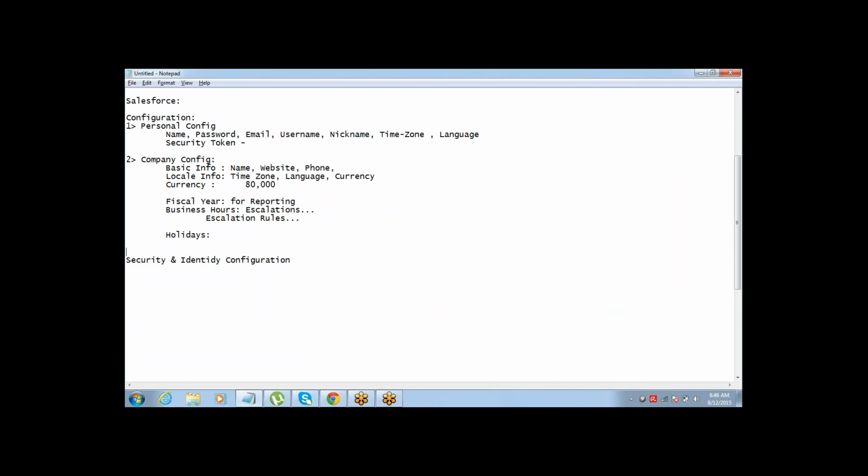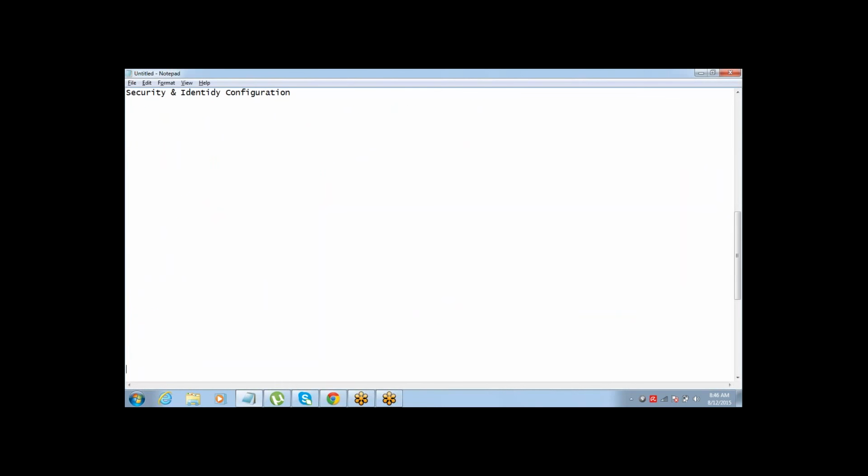First concept is, when a user is trying to log in, what do you have to understand?